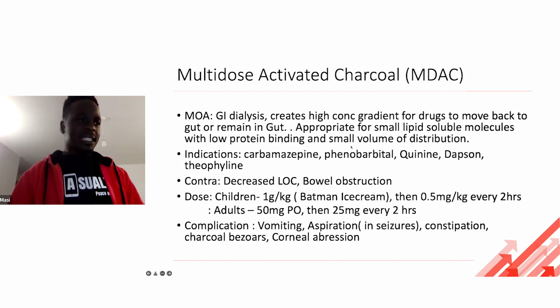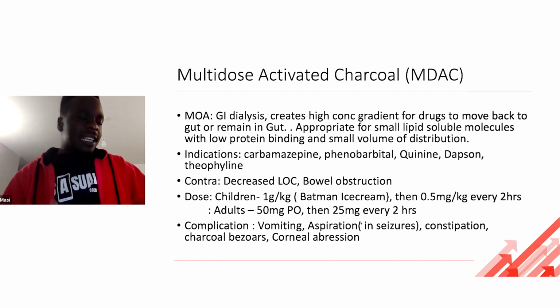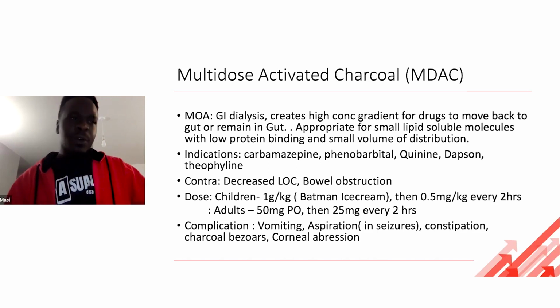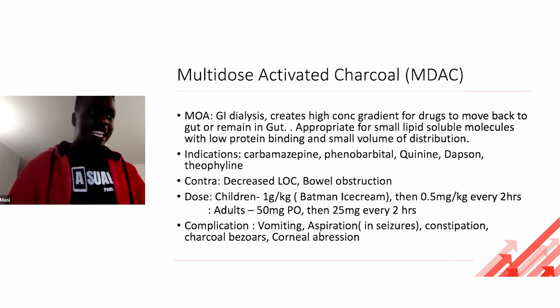Remember our dosage is essentially 50 grams for an adult, and then after that, 25 grams every 2 hours. It should be given at about 6 hours, after which you should see improvement of symptoms. Giving children activated charcoal is quite difficult, and there's a trick for this. You go buy some ice cream and put activated charcoal in the ice cream, so it tastes nice, and then you give it to the child. You can call it Batman ice cream if you want, and that will psych them up to actually take it. The dosage is 1 gram per kg.